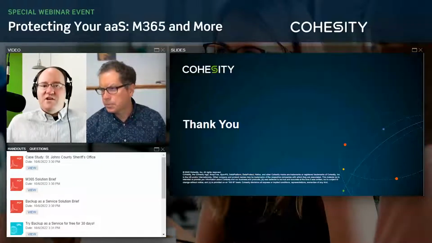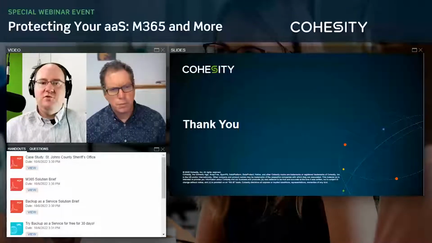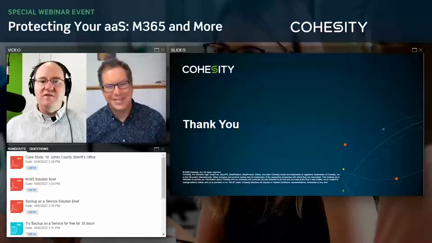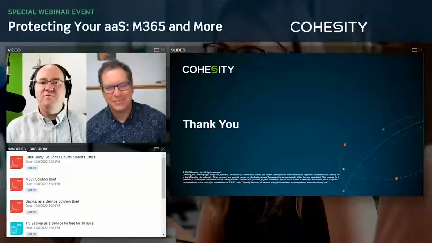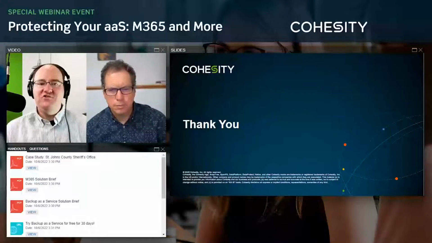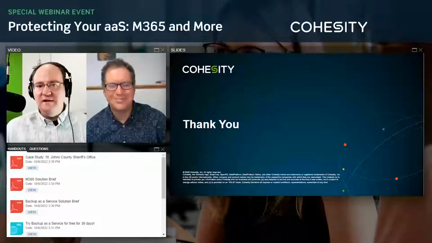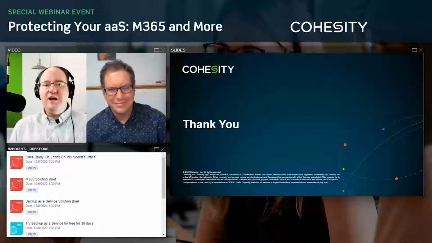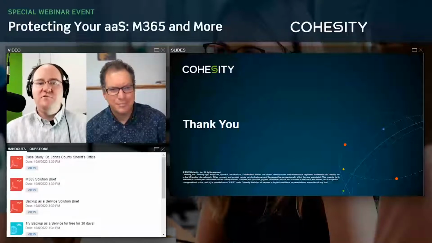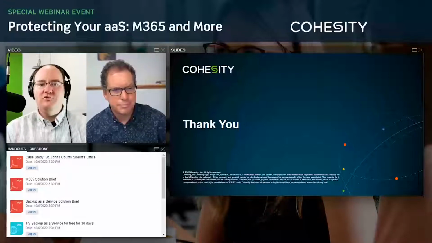Now, I'd have to double check on the groups data. My Microsoft 365 foo is a little sketchy, so that is something I can get back on. We're always adding new things into the mix. It's like trying to keep up with a new cloud service and what its new version is capable of. So it would not surprise me if groups is available, but it would not surprise me if it's not available at this point, since I haven't worked with it directly myself. But I can easily get that answer.